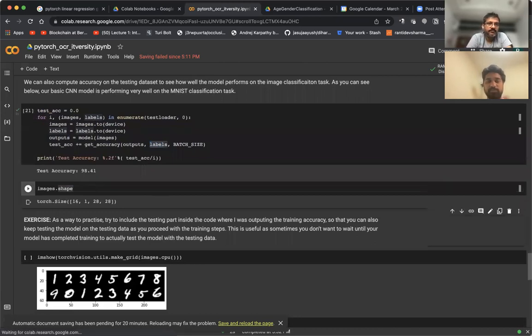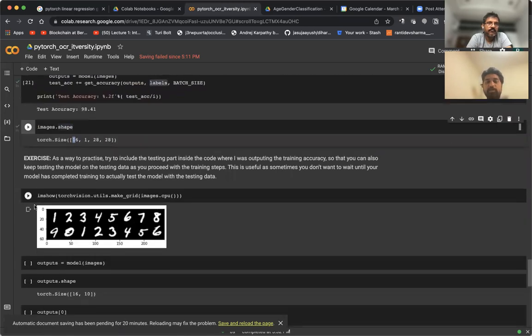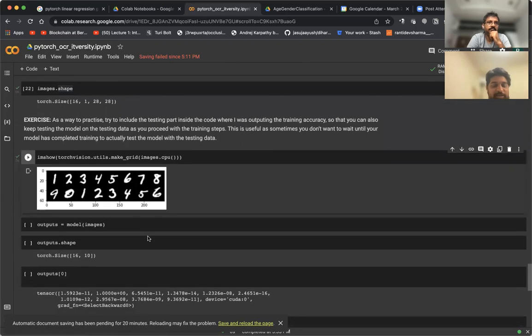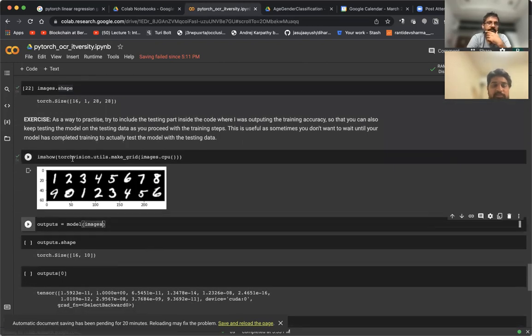So these are your images. You have a batch of 16, depth of 1, 28 by 28 images. This is just visualizing those 16 images. Let's see what the images are. It is 1, 2, 3, 4, 5, 6, 7, 8, 9, 0, 1, 1, 2, 3, 4, 5. Very symmetrical actually. Okay. So now let's send these images through